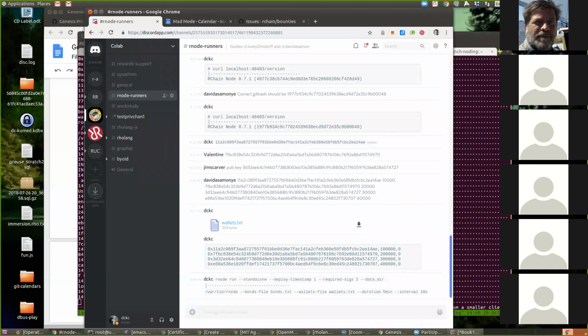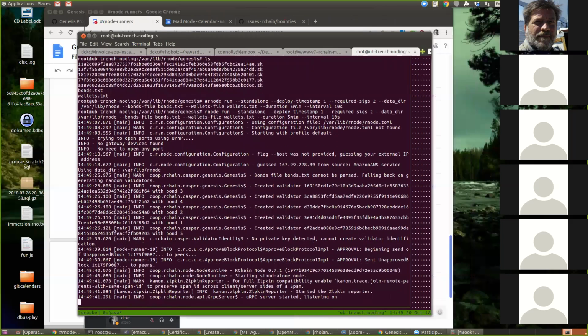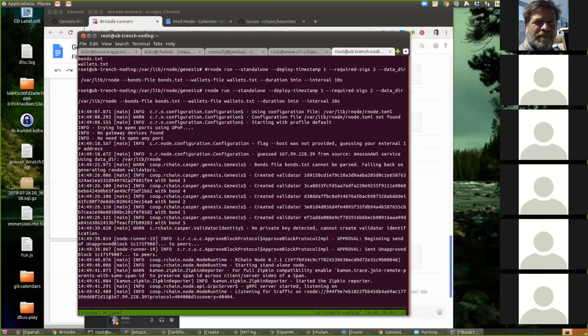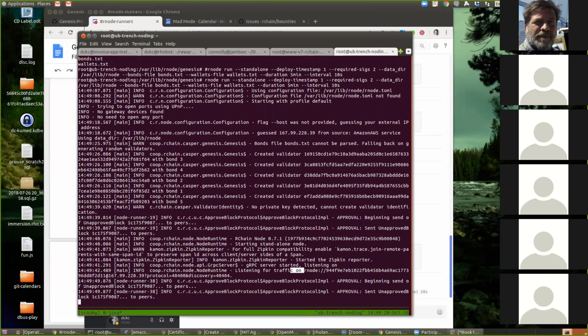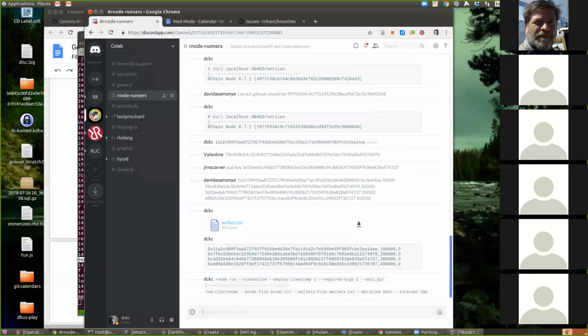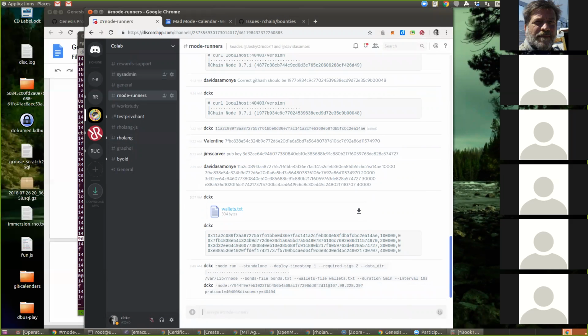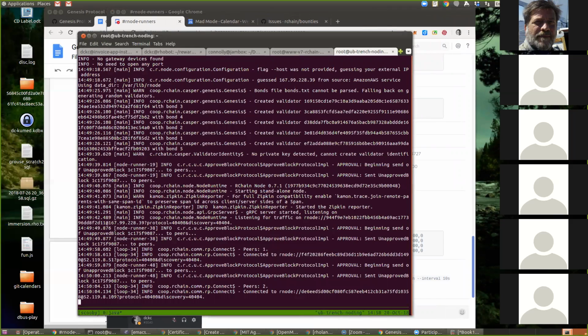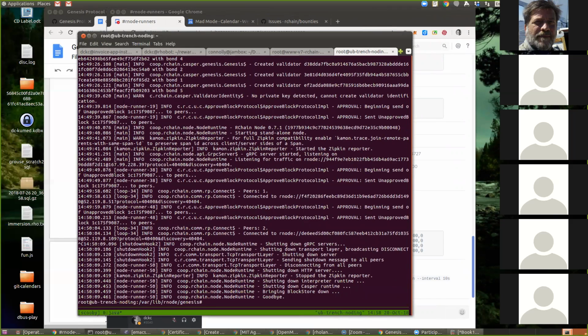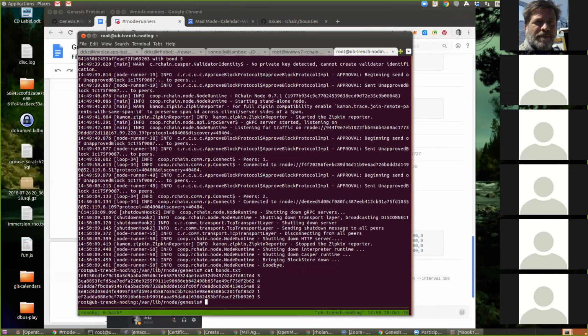I have this weird thing here. Let me see if I can. I think this command is just for the person creating the block. There's a different command for those signing. So this is the bootstrap you guys need, right? Yeah, but I can see an issue. Your bonds file was not passed, so it created a new bonds file. Oh shit.